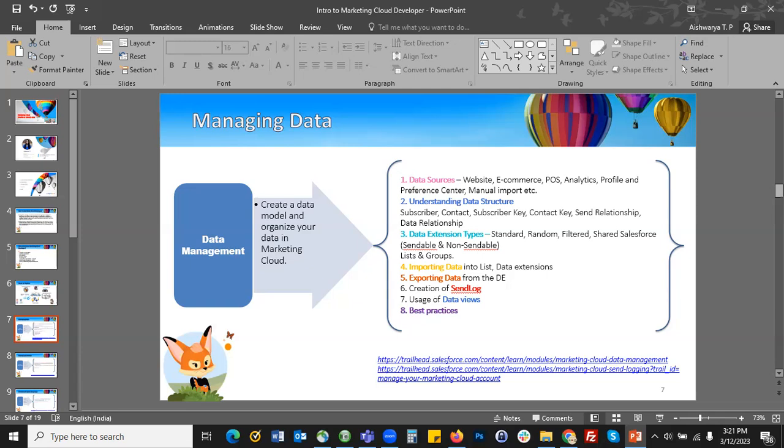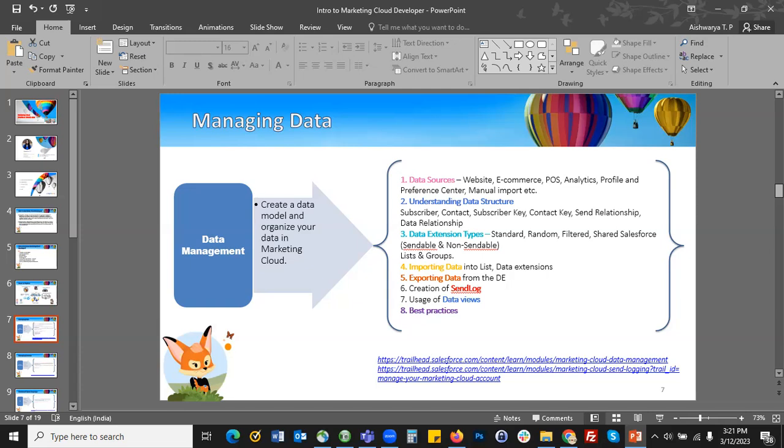You just need to understand what type of data you are using and what type of data you are injecting into Marketing Cloud. Because as you are already aware, Marketing Cloud is not like a storage bin. It is serving different purposes. So you need to think in that manner, and don't just dump all the details whatever you have about a customer in Marketing Cloud.